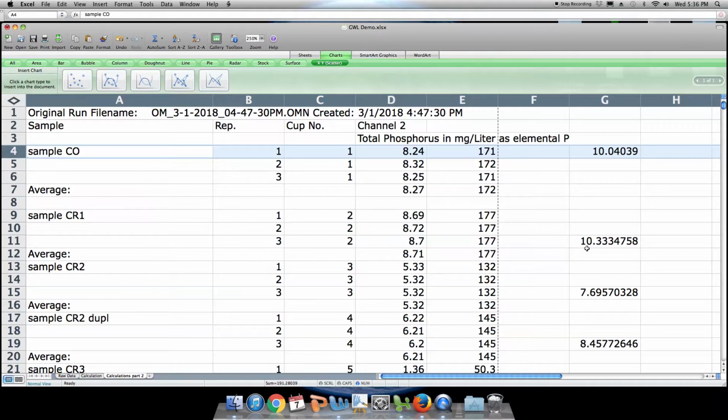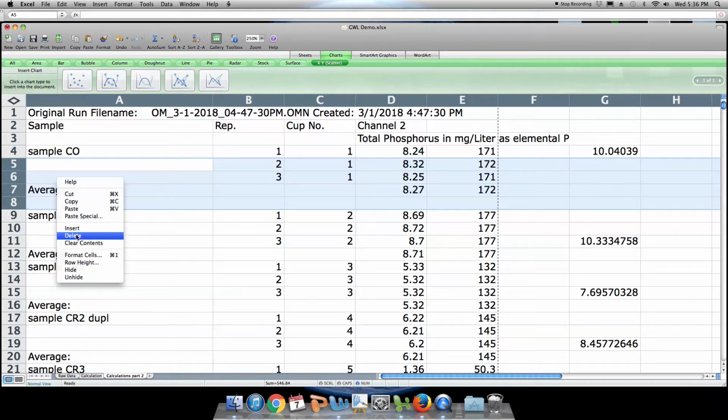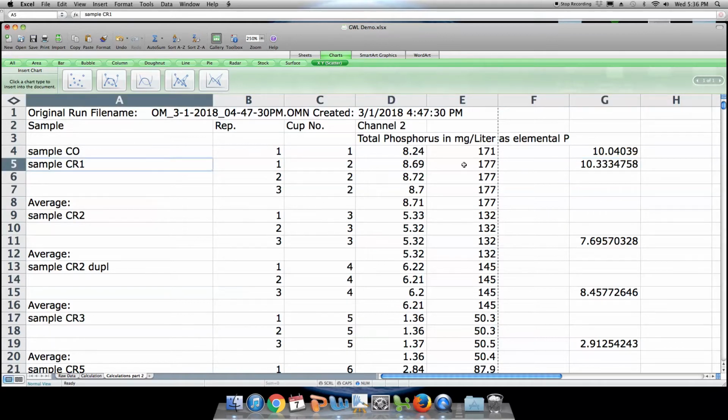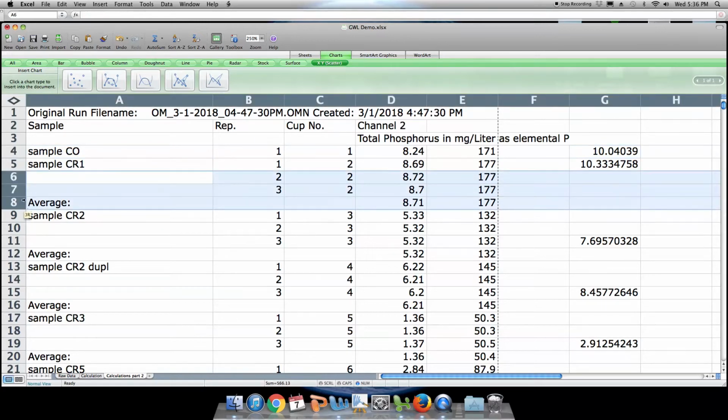Now, with a newer version, the sample and the concentration are going to end up on the same line, so that now when I erase everything between this sample point and the next sample point, all that remains is the sample concentration, and we can just erase everything that is not either